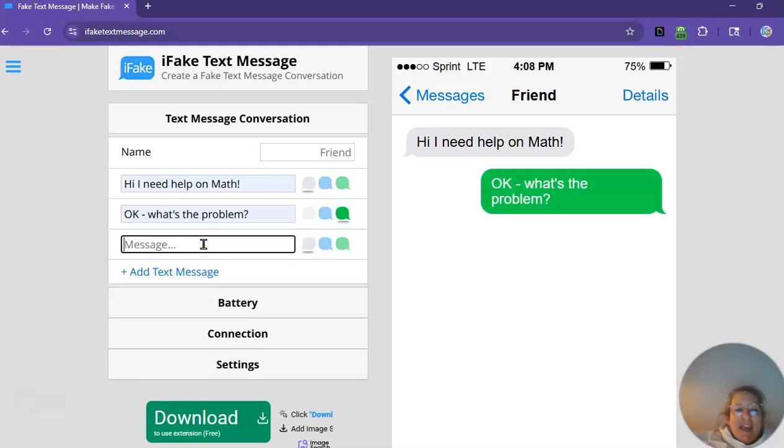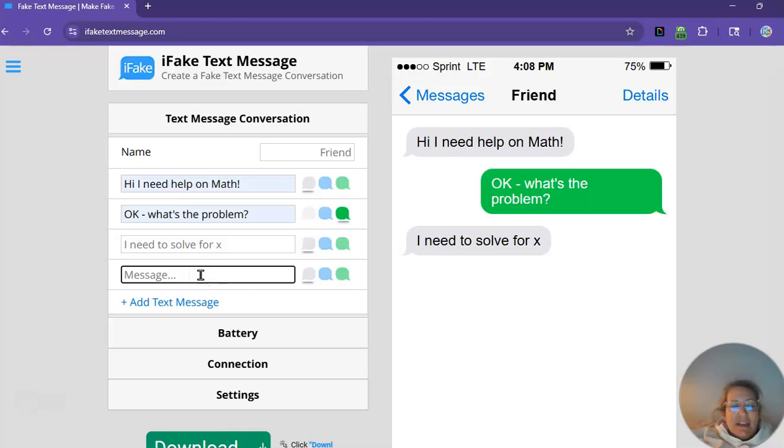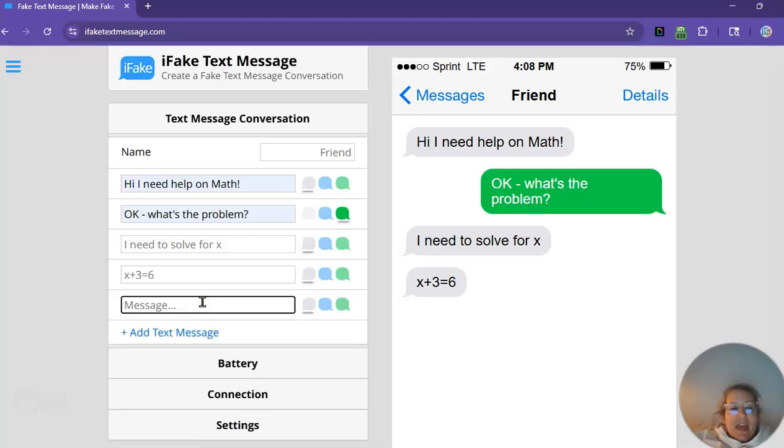Then they say, "I need to solve for X." And then you can give, I'm just going to give a very simple equation example of x plus 3 equals 6. Okay, then again,